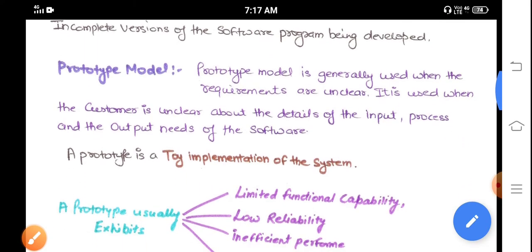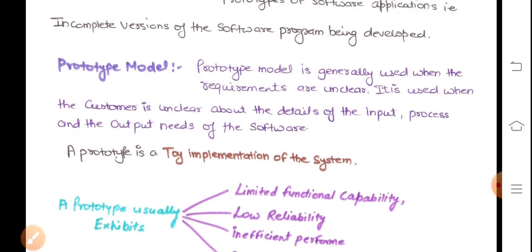Here we can see the prototype model is generally used when the user requirements are unclear. If the user is confused about his requirements and is not able to tell the complete requirements, once we develop the product and he tells the requirements, we can add them in the prototype model, but we can't add them in the waterfall model.